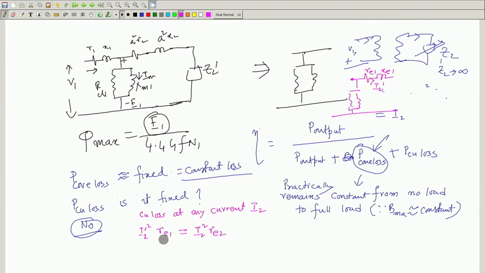is that the magnitude of the current that you are drawing out of the transformer from the secondary side is proportional to the square of the current. So, as you change the load, I2 changes, I2 dash changes, therefore, the copper loss in the winding will be a function of current supplied. So, copper loss cannot be a fixed loss, it depends upon what current you are extracting out of the secondary of the transformer.